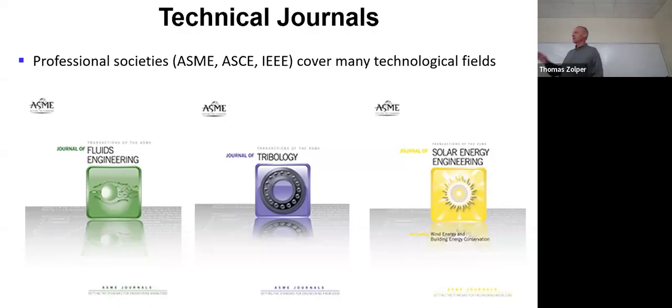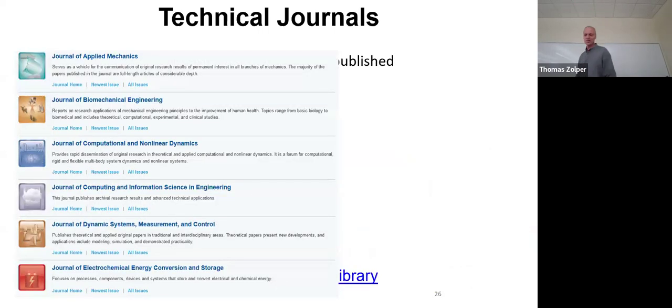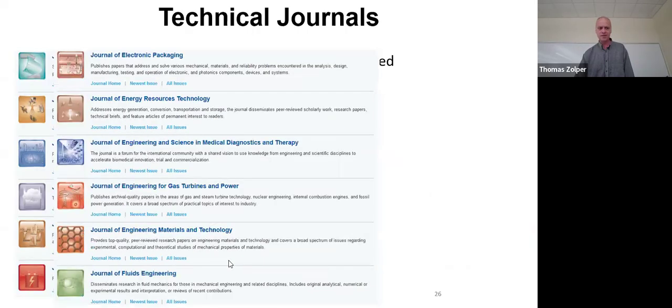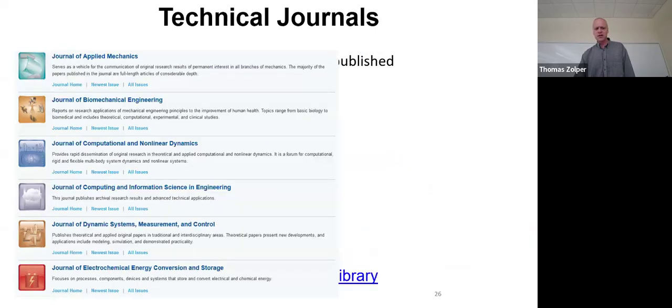They're really difficult. Do you think your final report for this class is difficult? Multiply that times 20 and you'll know kind of how difficult it is to get through the peer review process. But that's ultimately the threshold that a lot of professors and others have to pass in order to get their credentials. But this is just kind of a survey of the multitude of scientific journals published by